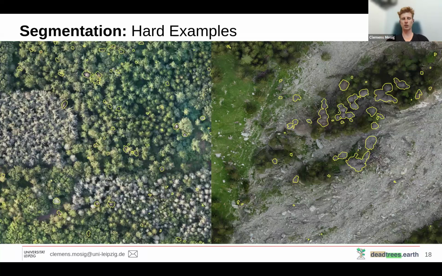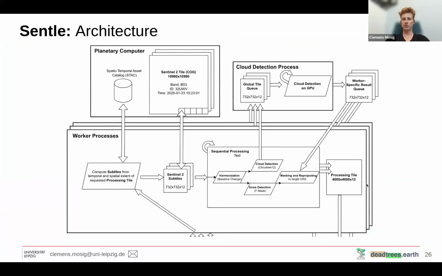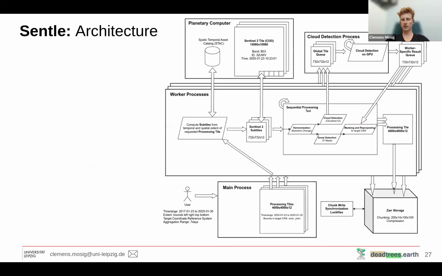So they are pulled from the planetary computer data repository, and then they are put through a harmonization process, a cloud detection process, which is implemented in a separate worker process that does it on a GPU, also a snow detection, and then finally it reprojects the small subtiles into a processing tile, which is then saved automatically into a storage. I'll wade through this very quickly because there's a lot of technical details that don't matter for remote sensing, but